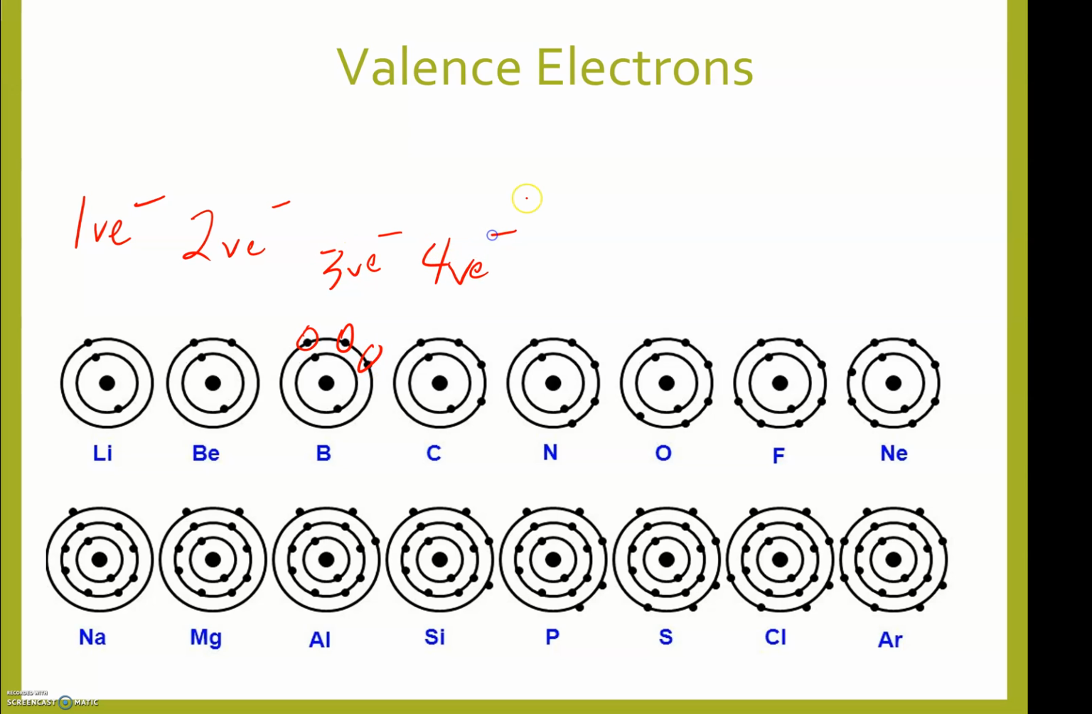4 valence electrons for the carbon group, 5 valence electrons for the nitrogen group, 6 valence electrons for the oxygen group, 7 valence electrons for the group that begins with fluorine. Those are called the halogens because they form salts. They're salt formers. And for group 8, or sometimes called 18, they typically have 8 valence electrons, with the exception